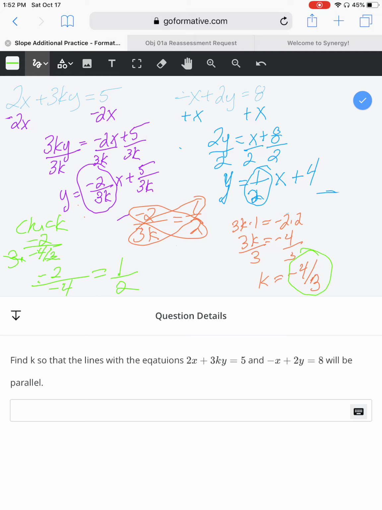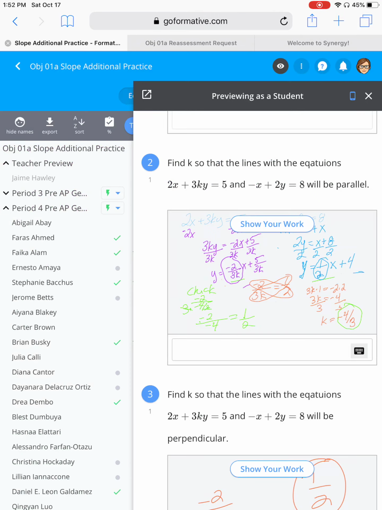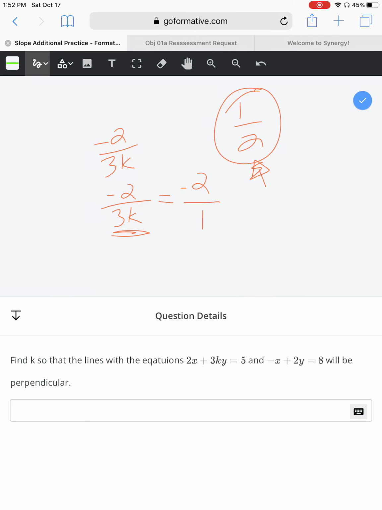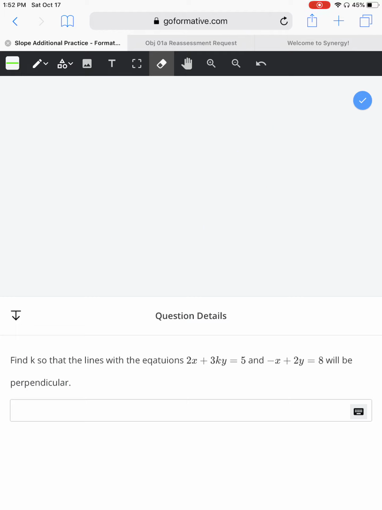And that's just your check, but all you do is you'd set the slopes equal to each other, solve the proportion, and then you'd be done with it. So that's negative 2 over 3k. Going to the next one, very similar. We had the slope of one was negative 2 over 3k, the slope of the other was 1/2,